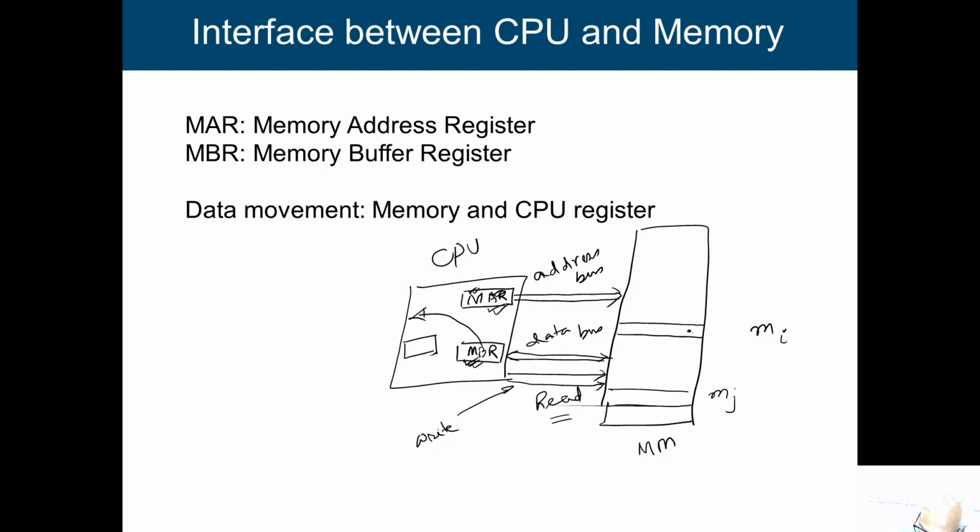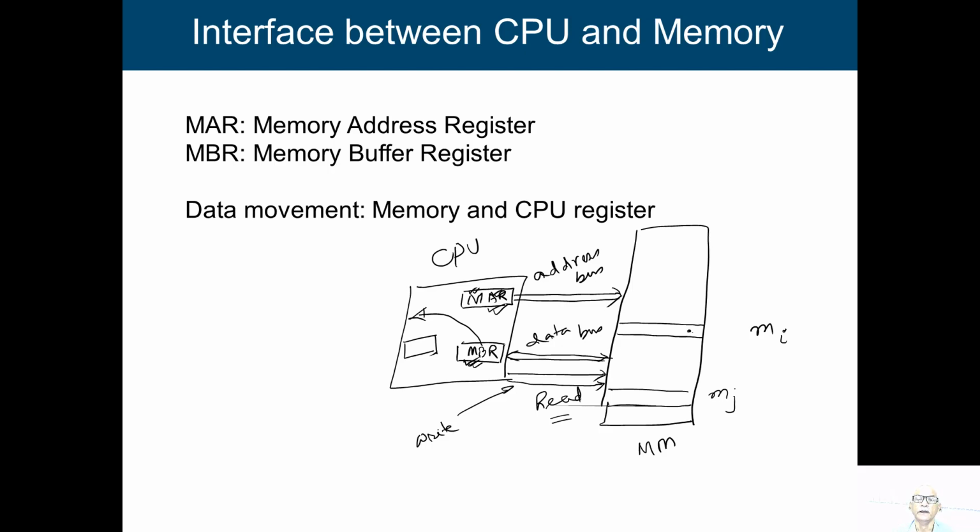Then this information will come through this particular data bus, and we are going to place it in the MBR. So, we are bringing the information to the MBR. So, it is inside the processor. In this particular way, we can say that MAR and MBR are the interfacing registers between the processor and